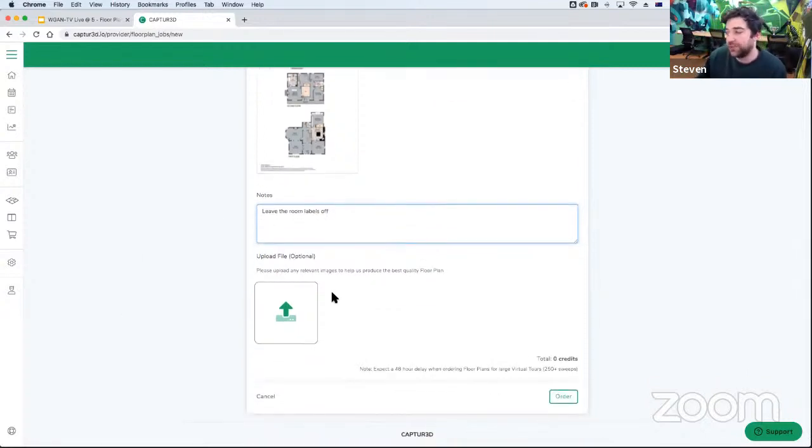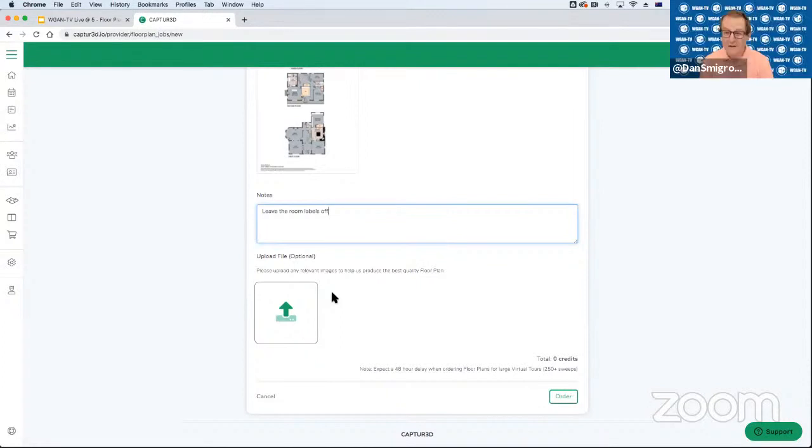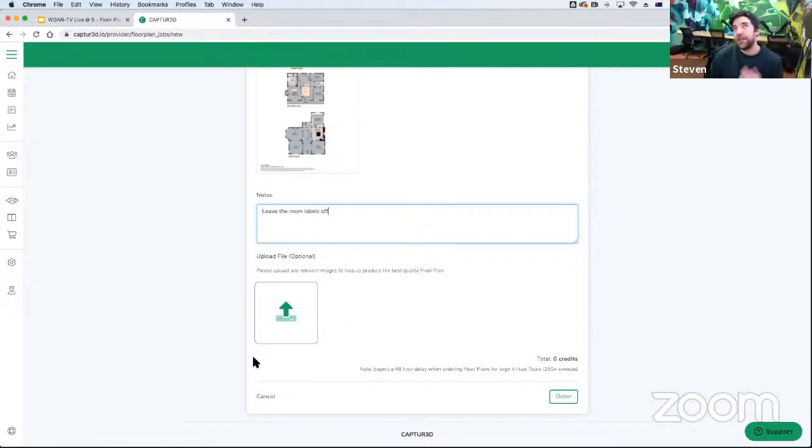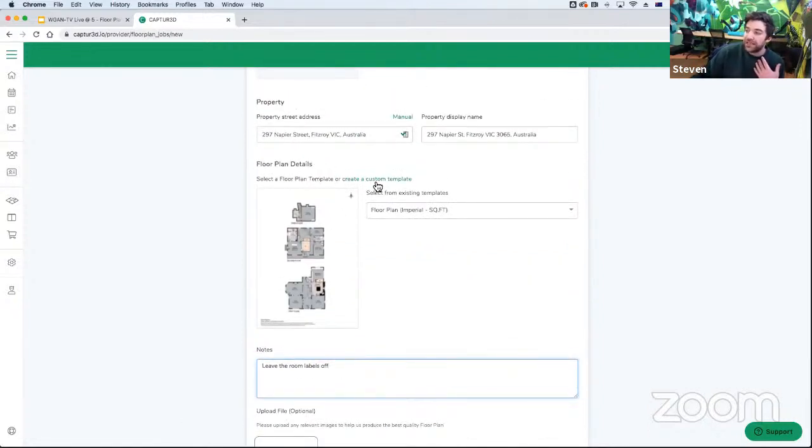And you could also upload any additional files that may help. So this is where you would upload your drone image potentially, or anything that you would need to add into the section. So I'm not limited to one upload. So if I want to upload a logo and maybe I have some other drawing that might be helpful. Maybe I have a 2D photo of the backyard. I don't have the aerial, and I don't have a 360 scan, but I got a couple pictures. I could upload them there as well. Correct. Yeah, that's exactly right. And if they're usually one-offs, that's the exact place to do it. But if you're going to be doing it consistently, we ask that you create a custom template.